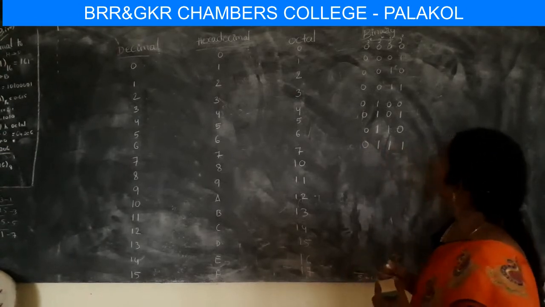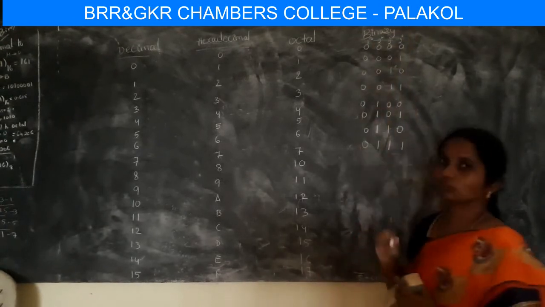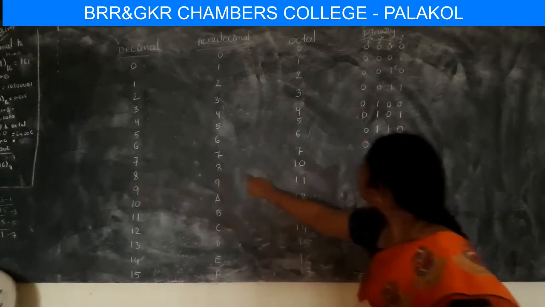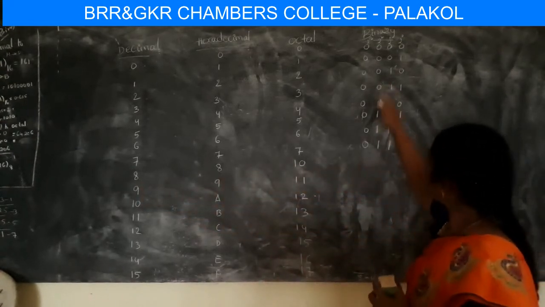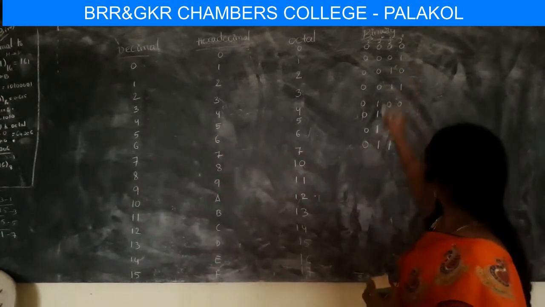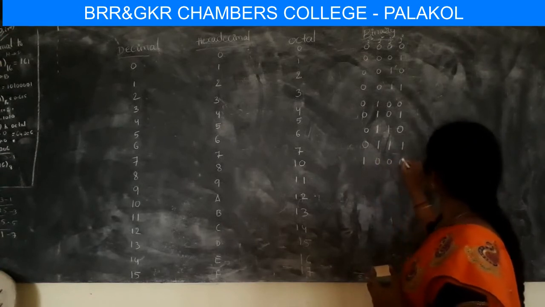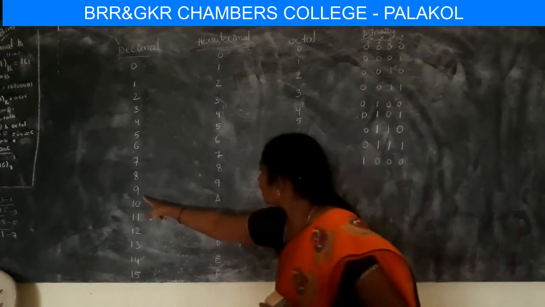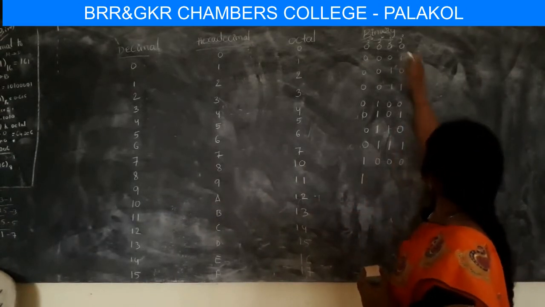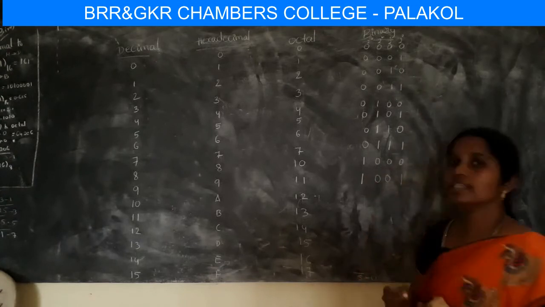Okay. After that 8. So here this is a 2 cube. So 8 is nothing but what? I will draw for this 8. These numbers are corresponding to these decimal numbers. So 8 is nothing but 2 cube. So therefore I will put here 1, remaining all are zeros. Next number is 9. So here 9 is nothing but 8 plus 1. So therefore 1 here and 1 here, both others are zeros.